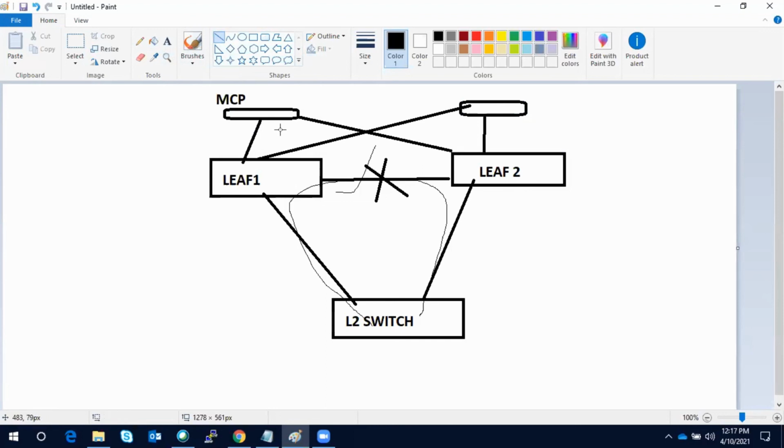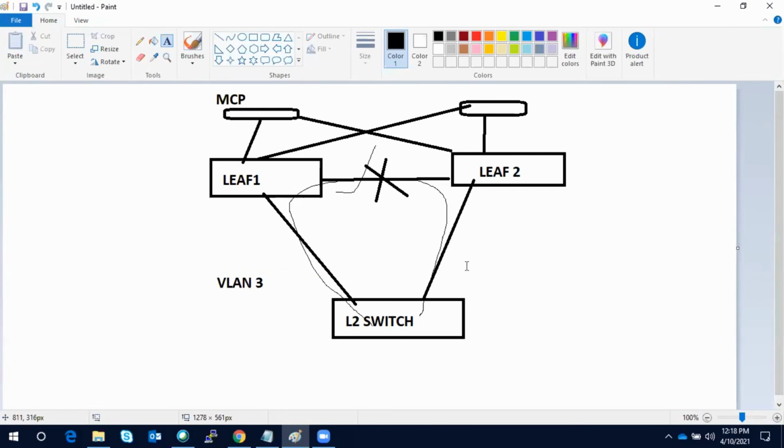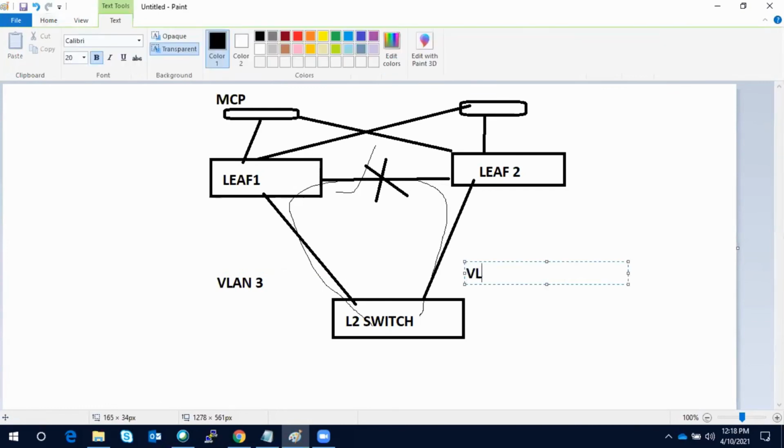Okay, let's say there is a logical... Let's talk about logical connectivity, because physical connectivity is anyway not occurring as a closed loop. So there is no chance of a physical layer 2 loop. But it may happen in VLAN 3, on both sides.